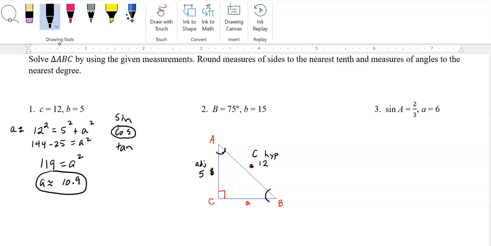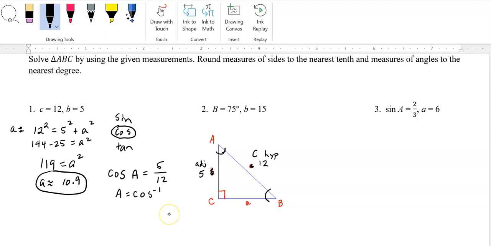All right, so the way you find angle measurements is you use the trig function that applies, and we said we're going to go with cosine. Cosine for angle A is going to be the adjacent side divided by the hypotenuse. And now to find angle measurements, that's when you're going to go to your calculator and do the inverse trig function. Second cosine on your calculator. So let's see what that